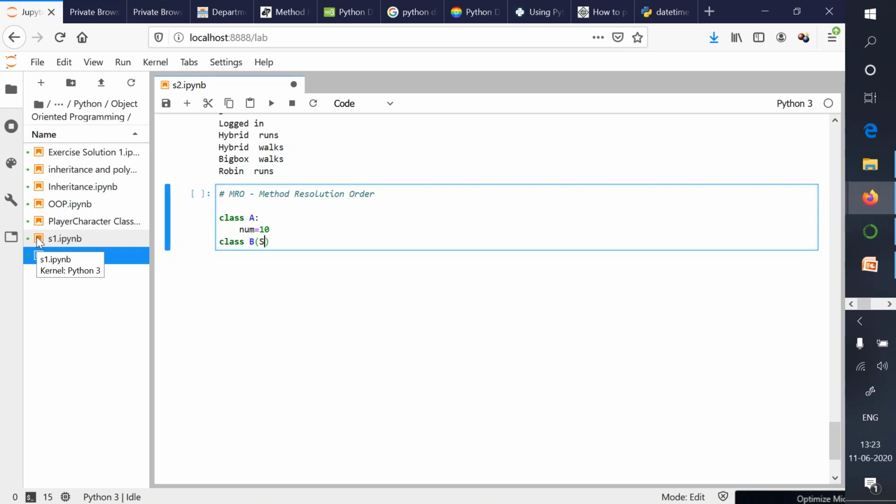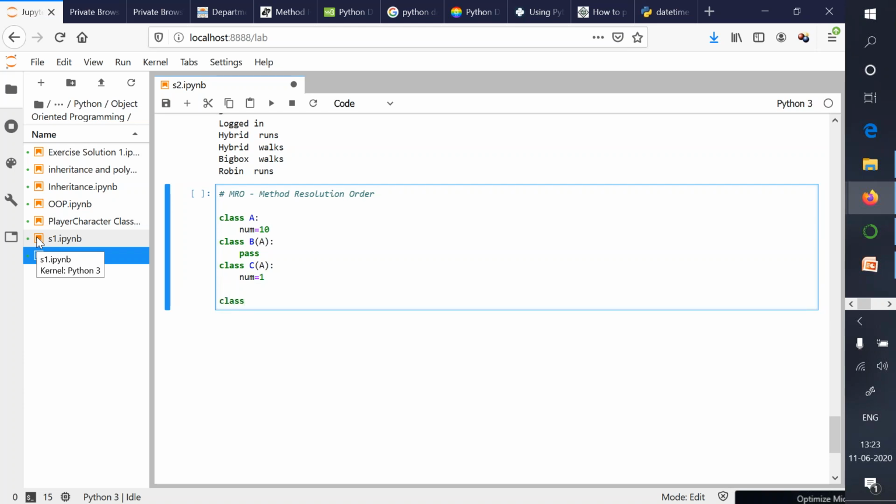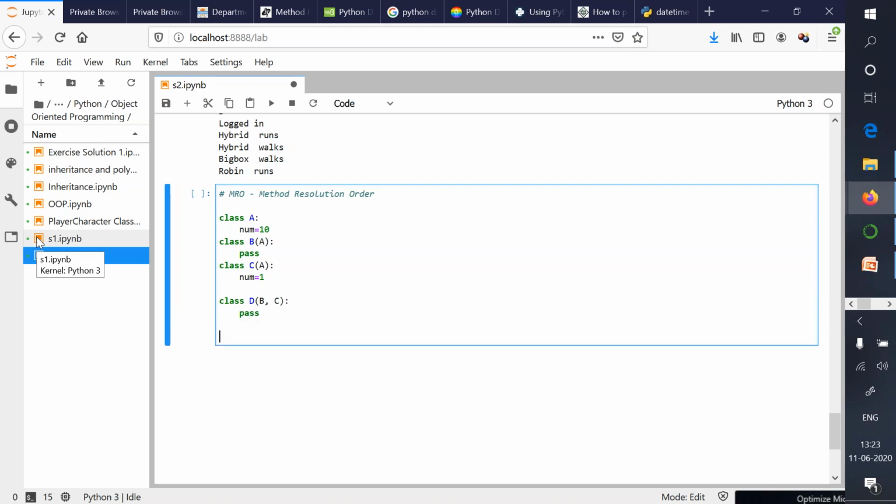Class B inheriting from A, and we will do nothing over here, pass. Then class C getting inherited from A, and num is equal to 1. And then class D getting inherited from B and C, and here also we will not do anything.